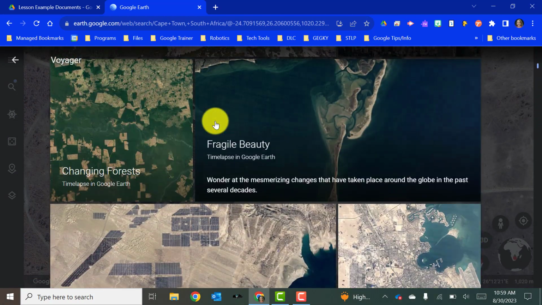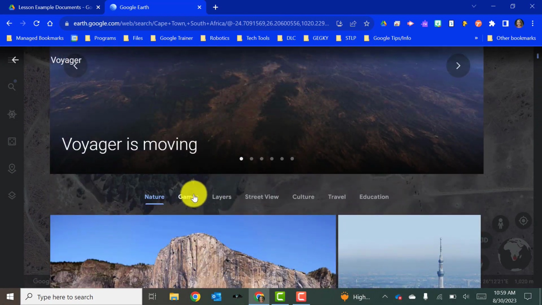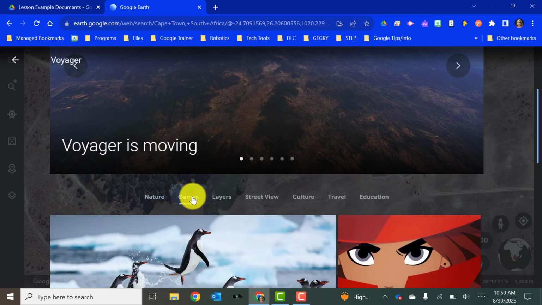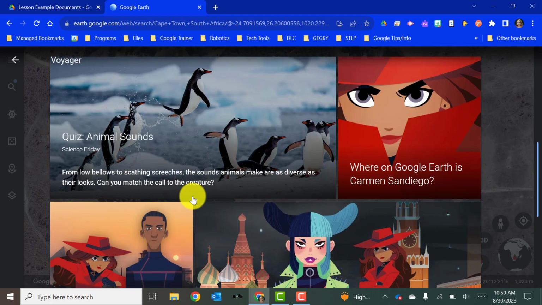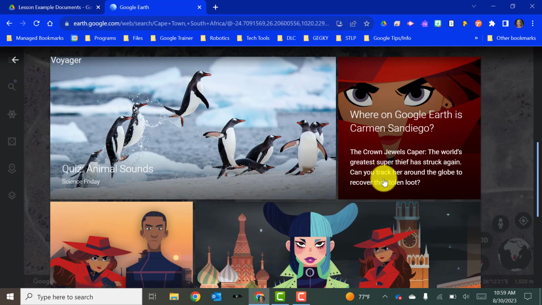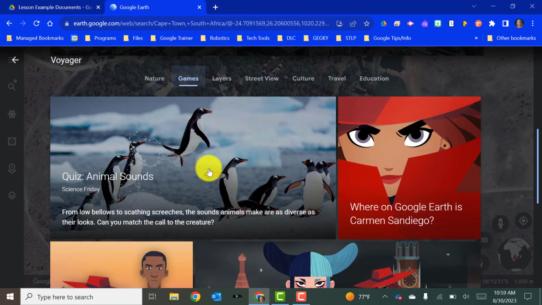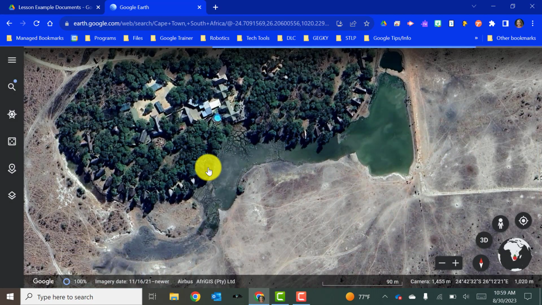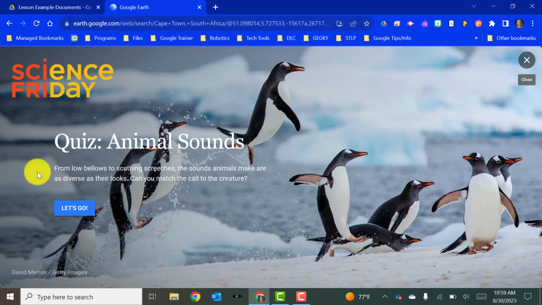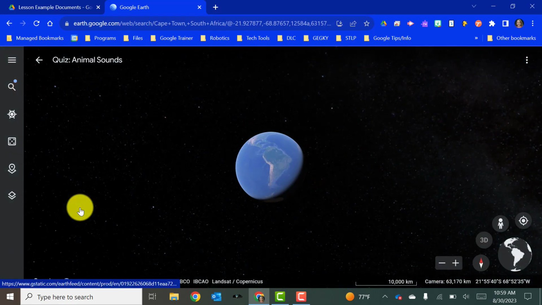In addition to nature, there is also games. So there are some games where you can quiz on animal sounds, or there's a Where on Earth is Carmen Sandiego section. And these will be little quizzes where you will load into it. It will show you a certain animal or give you a certain animal sound, and then you have to guess what that animal is, and then it'll take you into further information on it. So if we go into it,